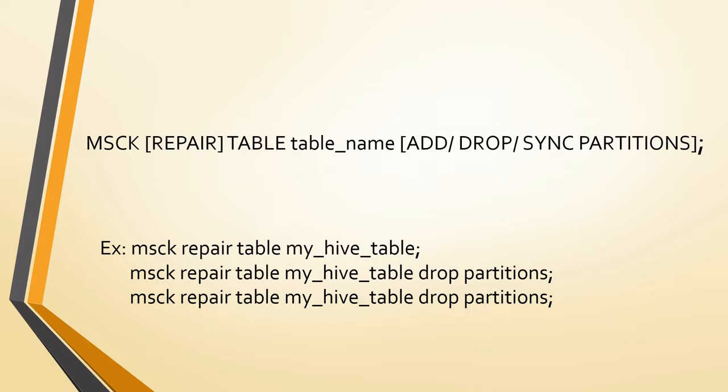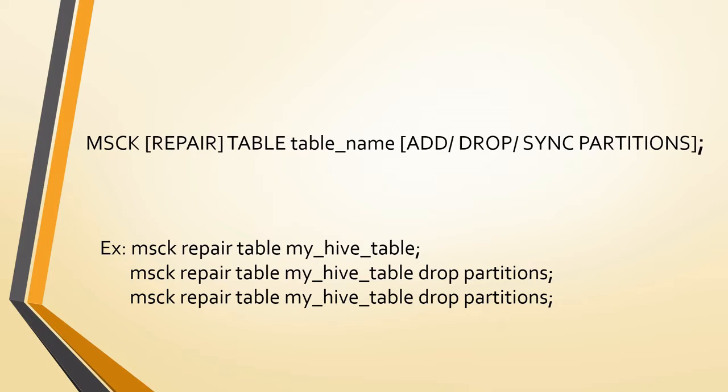So let's say after creating a Hive table, there is some change in the underlying HDFS data due to newly added data or some partitions having been removed from HDFS. In such cases, when you query the Hive table, select star from the table name, you will get an error saying that the table has been modified recently and you need to refresh the table. This issue usually happens when you query from Spark Shell.